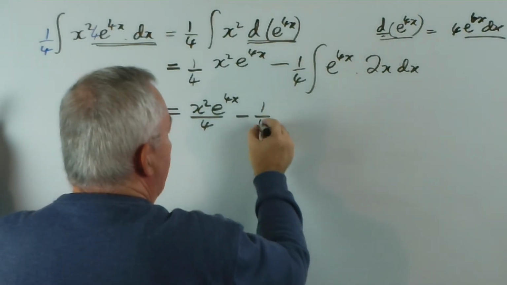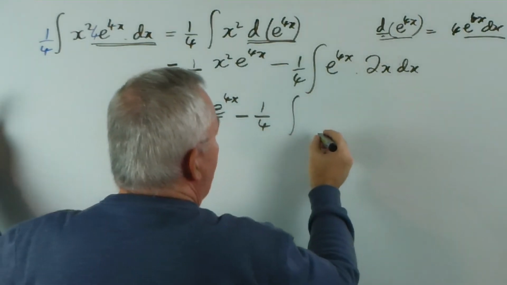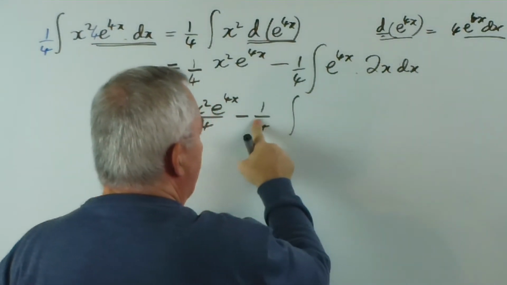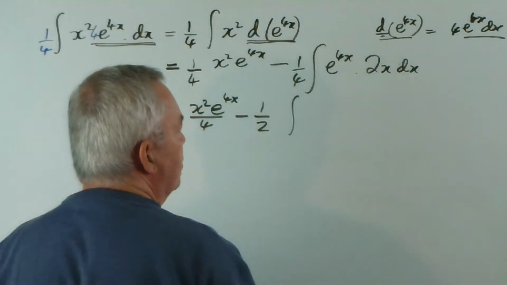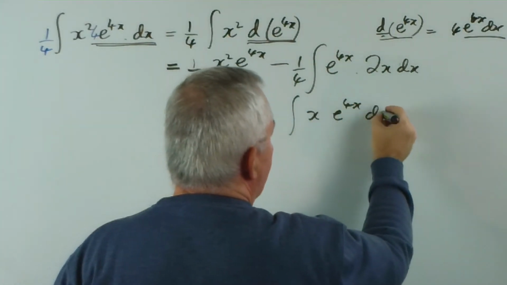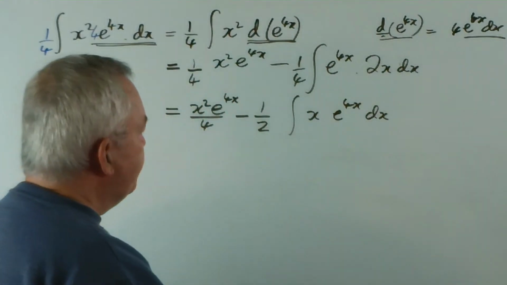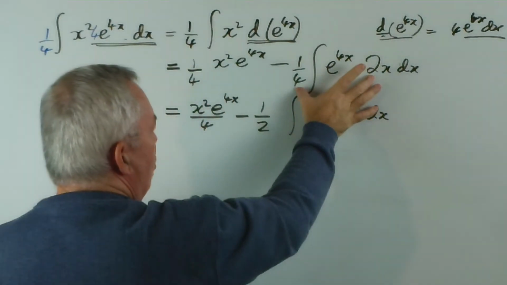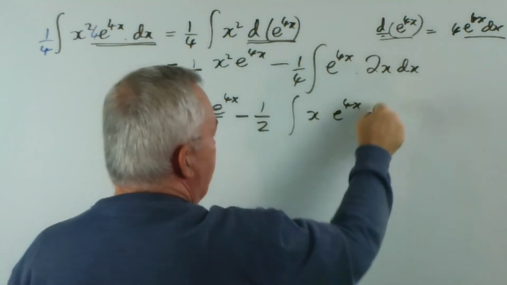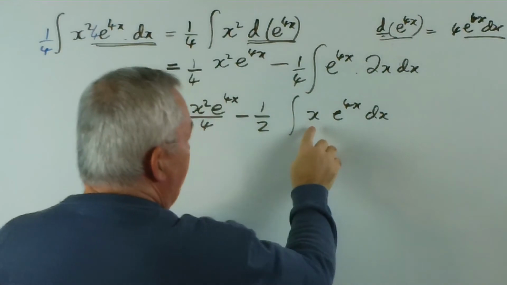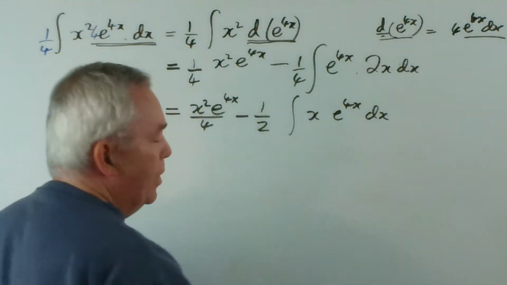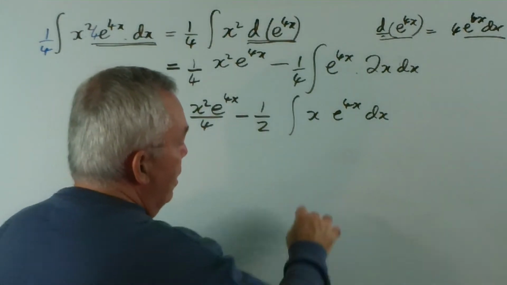minus 1/4 integral, and you notice that 2 over 4 is really a half, so we'll deal with that, x e to the 4x dx. So I've just multiplied the quarter by 2 to get a half. I've written the x, the e to the 4x, and so forth. Now we have something very similar, but we'll reduce the x squared down to x, and we're going to do one more step. Notice